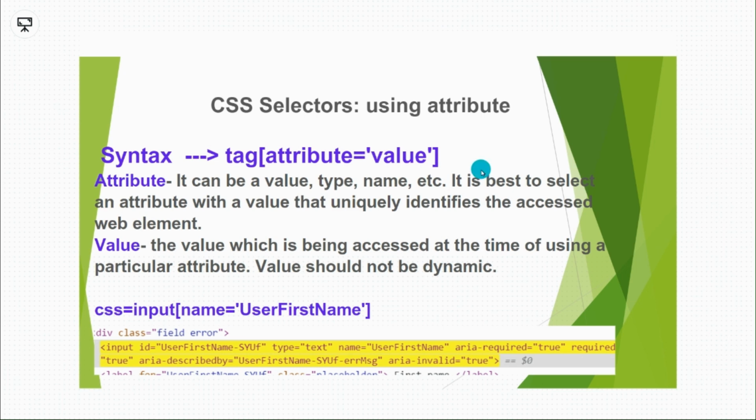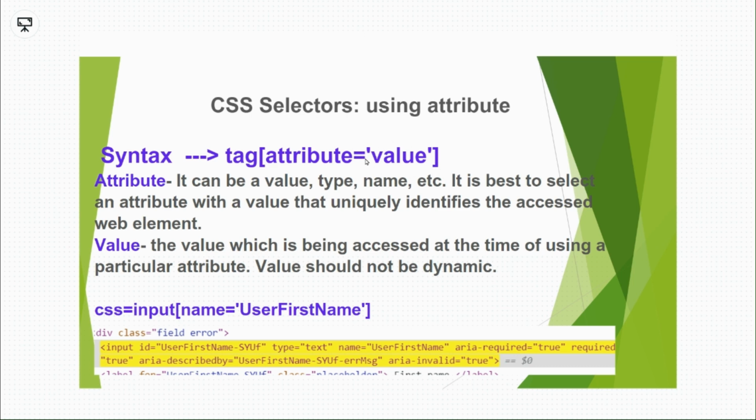And what is the syntax for this? We have to mention tag name, square bracket, attribute equals to value. So what is the attribute here? It can be a value, type, name, etc. And it is best to select an attribute with a value that uniquely identifies the accessed web element. And this value field is the value which is being accessed at the time of using a particular attribute,